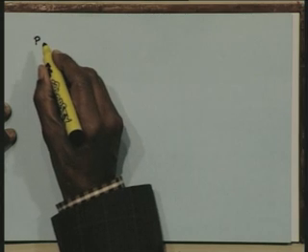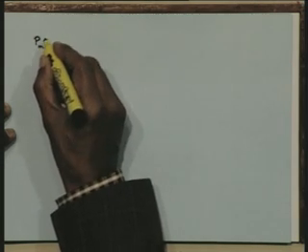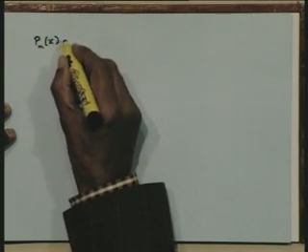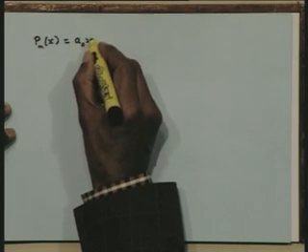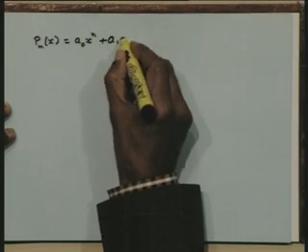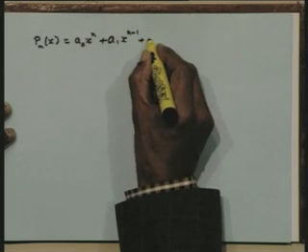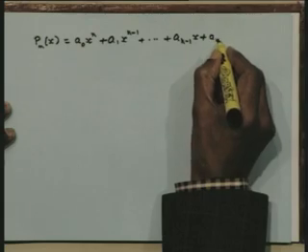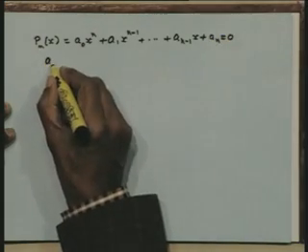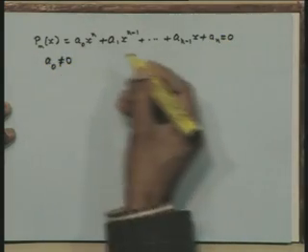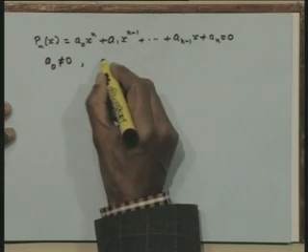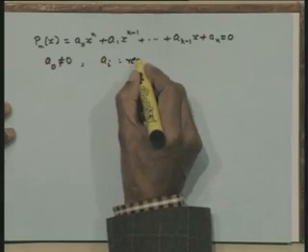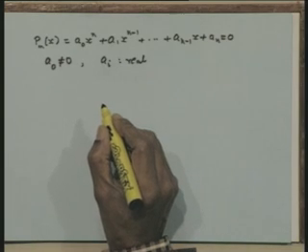Now let us write down a polynomial equation of degree n. We denote p for polynomial, n for degree, and it is a polynomial function of x, which we take as a naught x to the power of n plus a1 x to the power of n minus 1 plus and so on, plus a n minus 1 x plus a n is equal to 0, where the leading coefficient a naught is not equal to 0, otherwise it would be a polynomial of lower degree, and we will take all ai's as real constants.